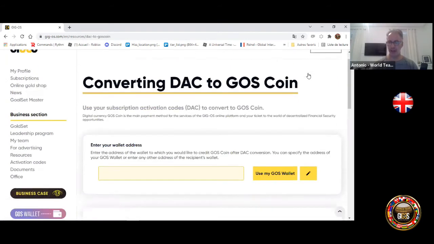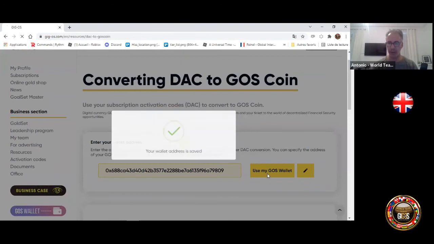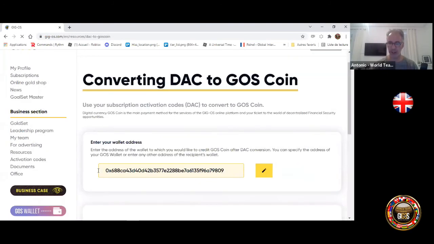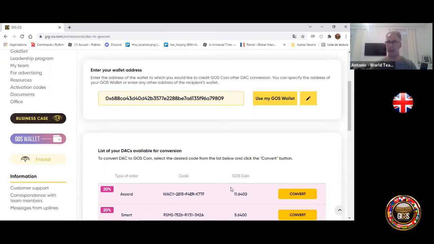When you arrive here, you need to create your wallet before, okay? So here, I want to use my wallet. Now you have the wallet, you go down, and on the list, you see all the codes you